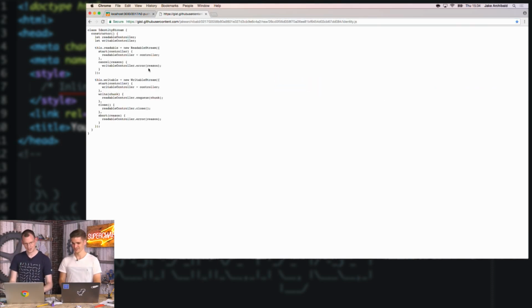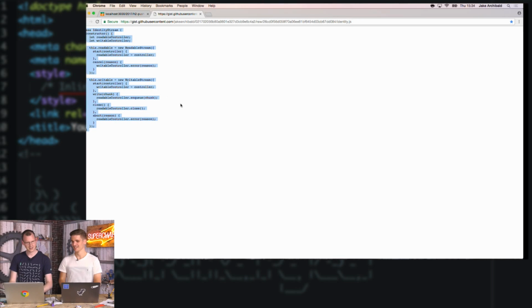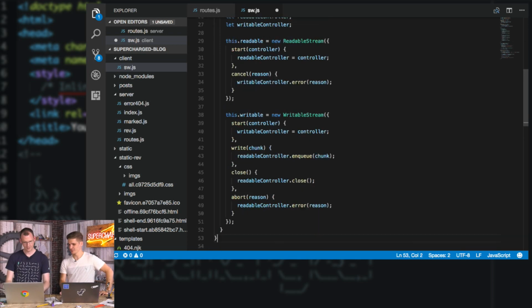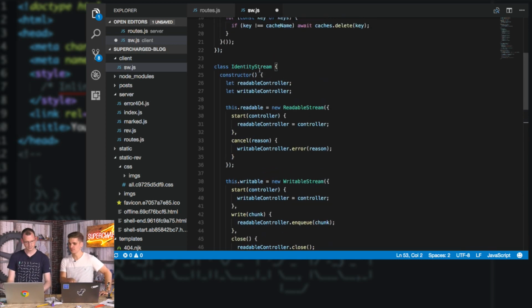Thank you, Gist. This is an identity stream. So why didn't I just do this for the whole thing? I have a project here where I have already built a few snippets, and I'm just going to stitch them together. See, you learned a lot today. Copy paste. I think it is absolutely legit to copy paste in that bit because it is part of the